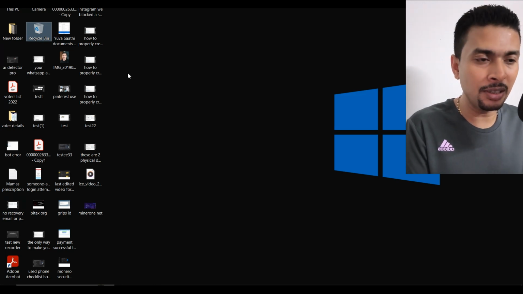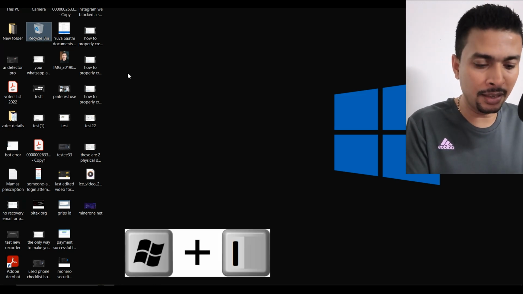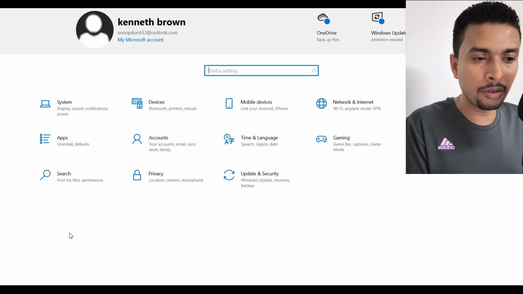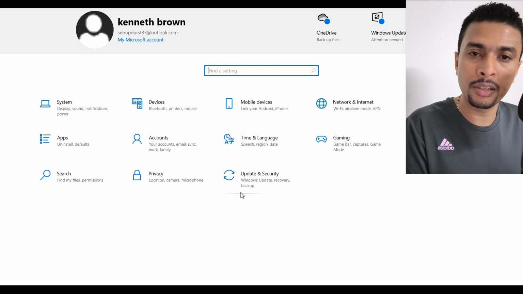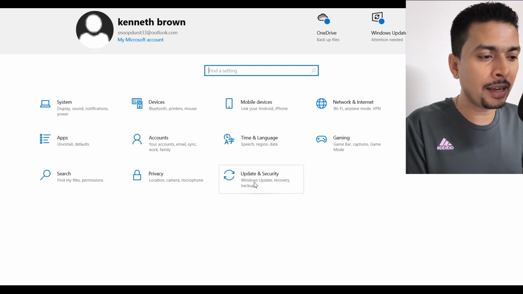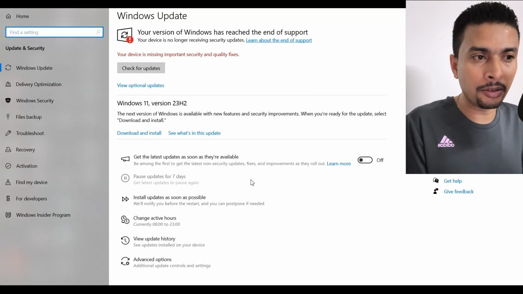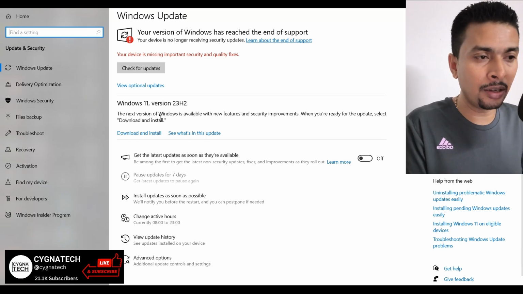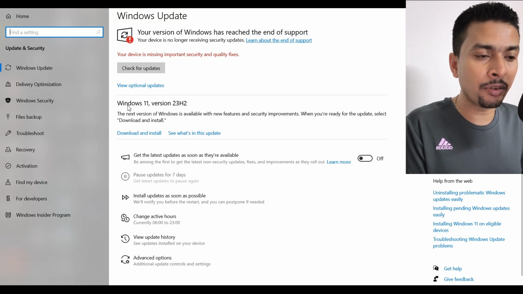After you switch on your PC, get to the desktop and then just press Windows and I. This is going to take you to the settings for your PC directly. You click on Update and Security. Once you do that, you're going to get directed to the page for Update and Security. So under Windows Update, the next section out here, you're going to see that you have an option to download